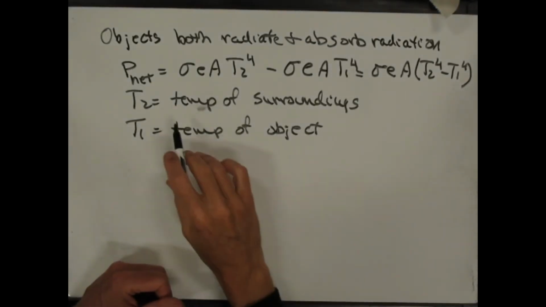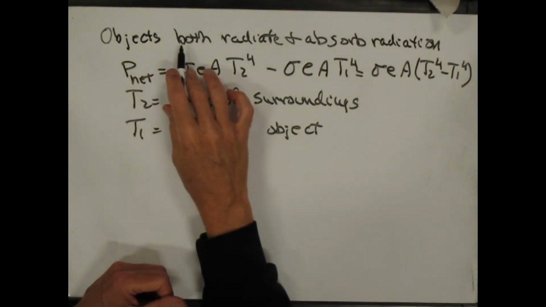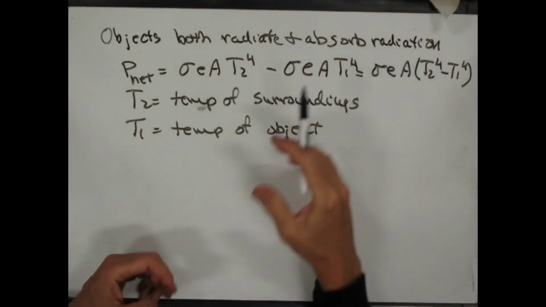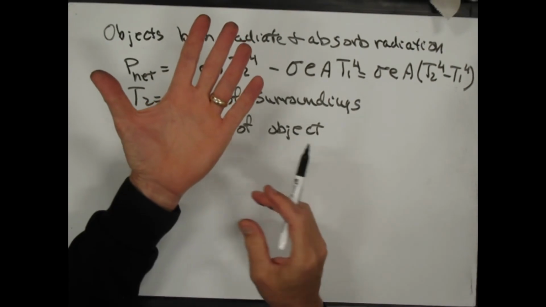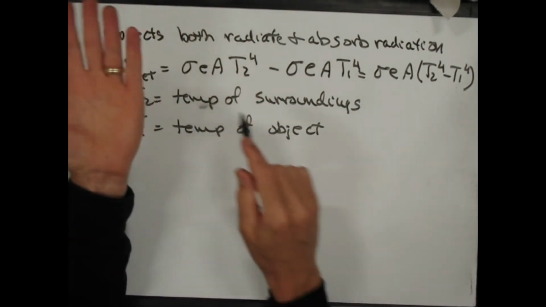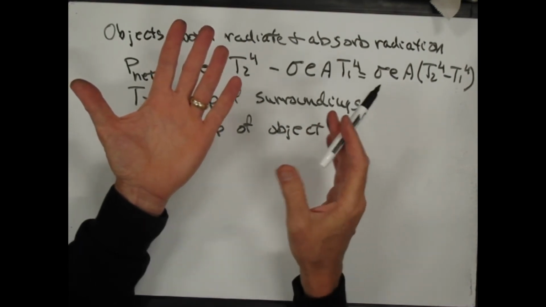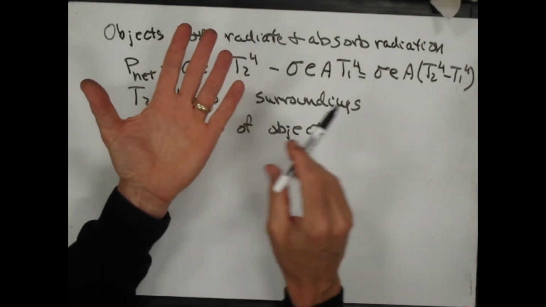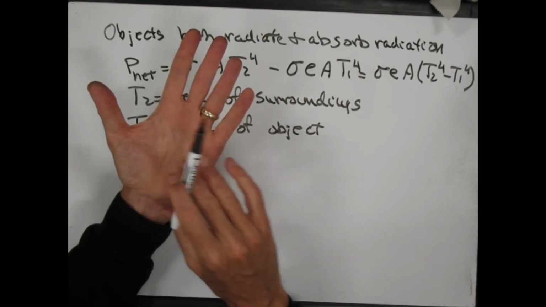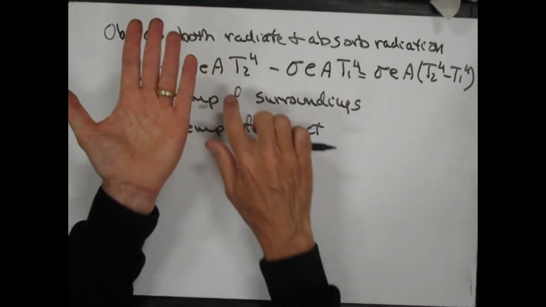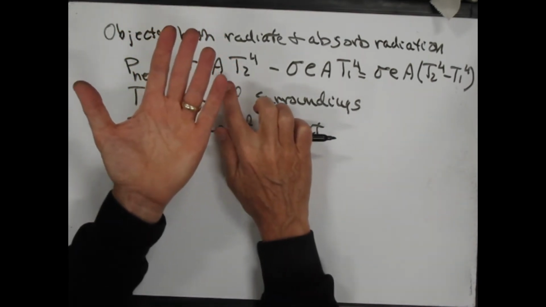So one more quick thing before we do examples. Objects both radiate and absorb radiation. That is to say, my hand here is emitting radiation according to this formula, according to the Stefan Boltzmann law. But it's also absorbing radiation from objects around it. They're emitting heat and it's hitting my hand and it's being absorbed. The factor that I absorb is the